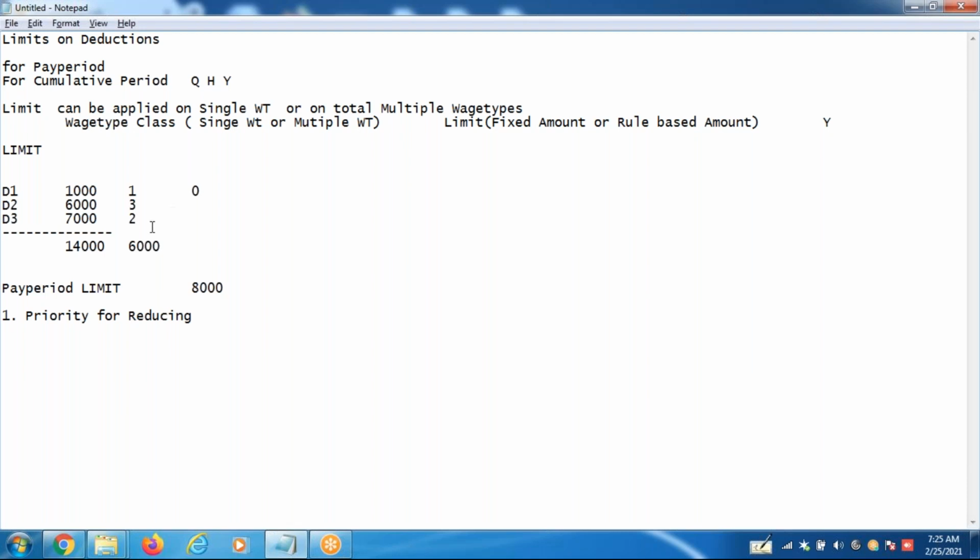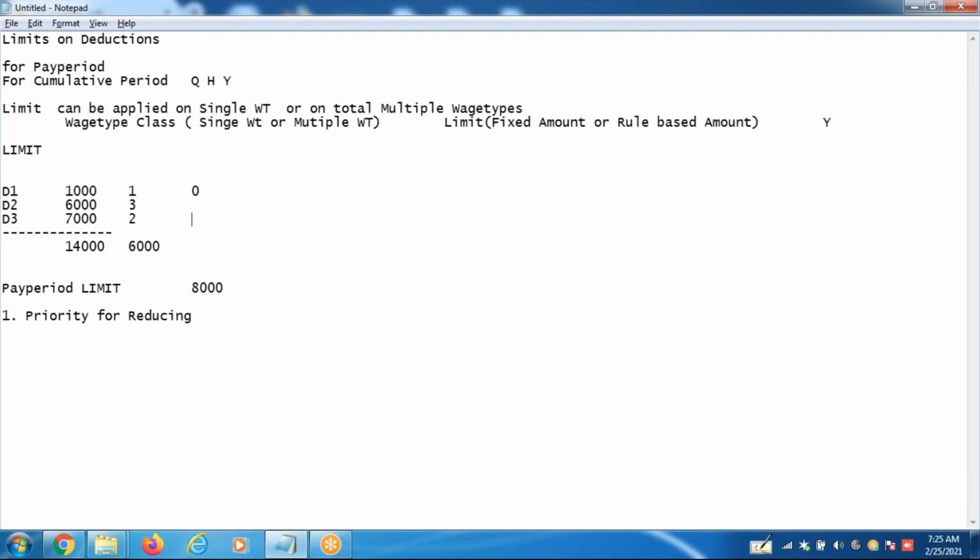I have to reduce 6,000 so that we can limit our deductions to 8,000. In which wage step I need to reduce the 6,000 is decided by this priority. First I'm saying reduce it from D1, so 1,000 is reduced. And second, reduce it from 7,000, so 5,000 is reduced.